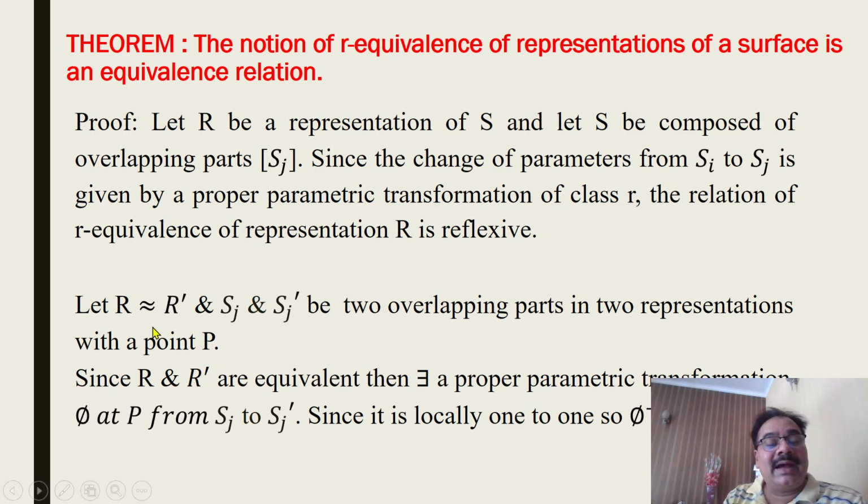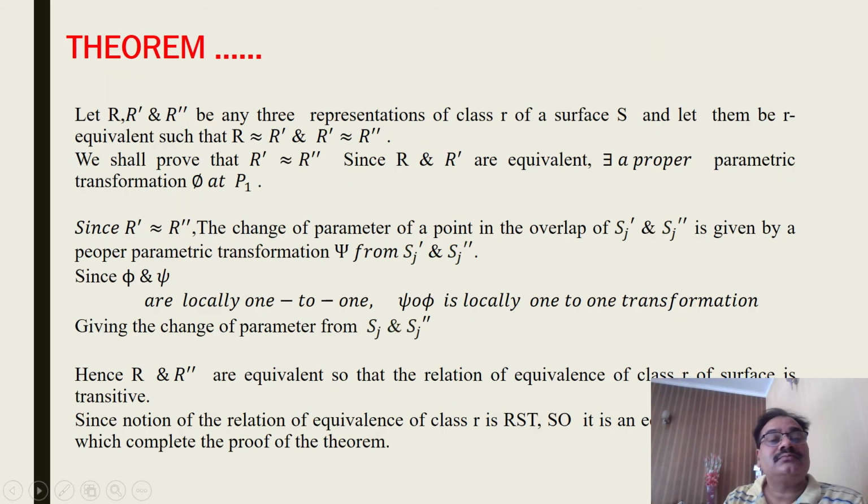Okay, let R be equivalent to R dash, and Sj and Sj dash be two overlapping parts in two representations with a point P. Now, since R and R dash are equivalent, there exists a proper parametric transformation phi at P from Sj to Sj dash. Since it is locally one to one, its inverse, phi inverse, exists at P. Now, since we have to prove this is reflexive, symmetric and transitive,